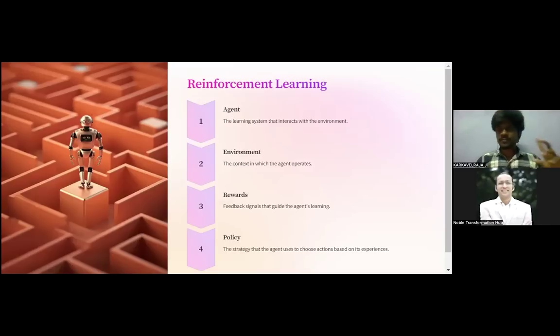Today we are first going to see reinforcement learning. I think in the previous session we covered two different types of machine learning. Supervised, where we give labeled data for the machine to learn, and unsupervised learning, where we give unlabeled data for the machine to learn. Now, reinforcement learning is another type of machine learning technique, guys. This is going to be somewhat tricky, a challenge to understand, but just follow along.